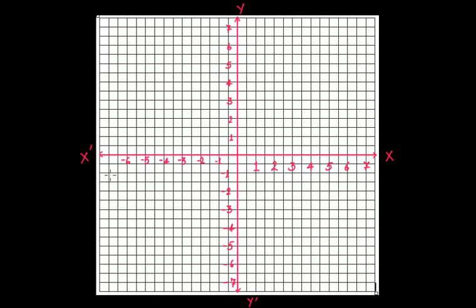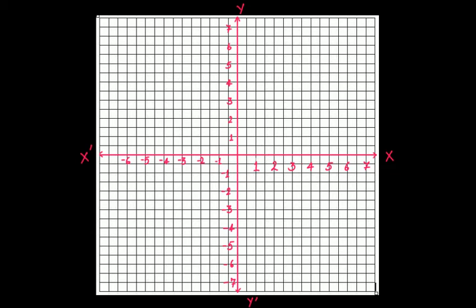Now let's begin our discussion in detail with the help of an example. On this graph paper we have drawn the x-axis and the y-axis, and here two blocks represent one unit. So at this point we have 1, then another two blocks, we have 2, then another two blocks, we have 3. So this graph is equally spaced, where two blocks represent one unit, and so on and so forth.